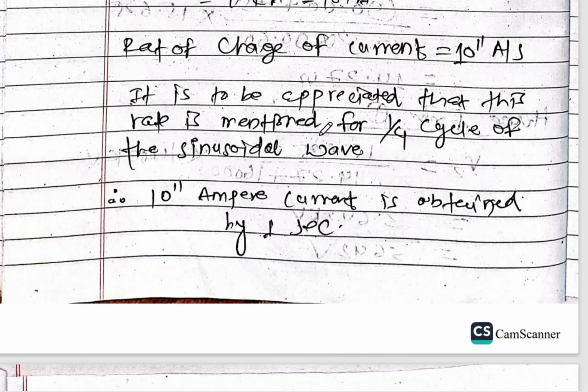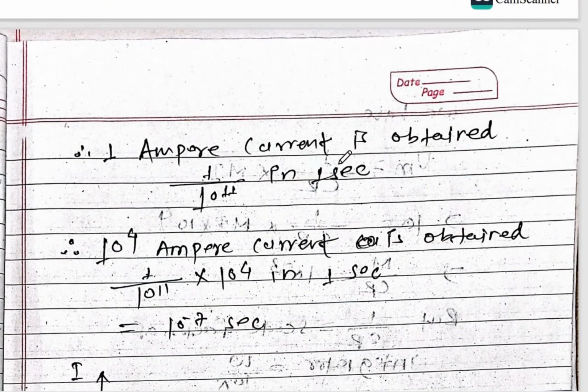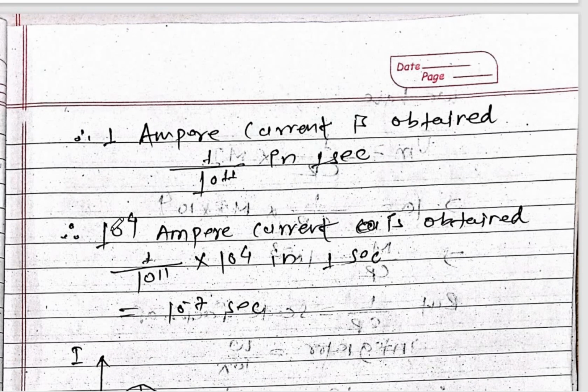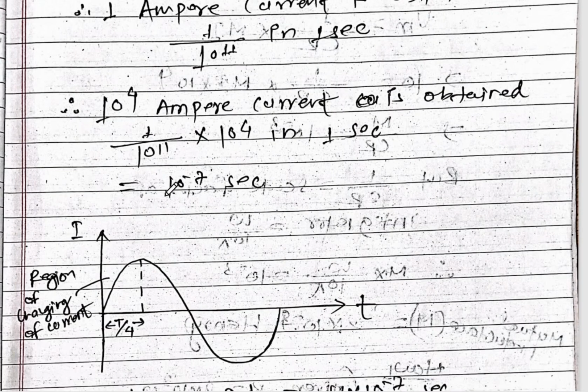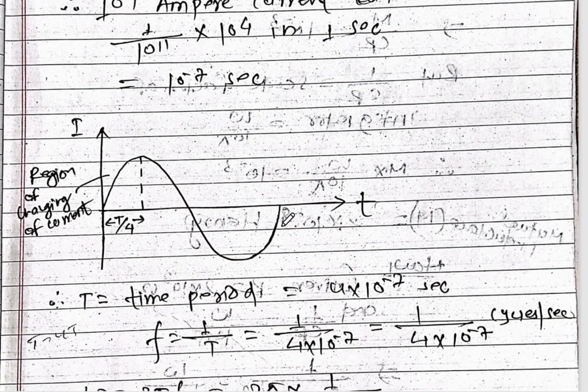It is to be appreciated that this rate is measured over 1 by 4 cycle of the sinusoidal wave, that is, 10 to the power 11 ampere current is obtained in 1 second. 1 ampere current is obtained in 1 upon 10 to the power 11 second, and 10 to the power 4 ampere current is obtained in 1 upon 10 to the power 11 into 10 to the power 4 second, so 10 to the power minus 7. And this is the sinusoidal curve, and this is 1 by 4 of